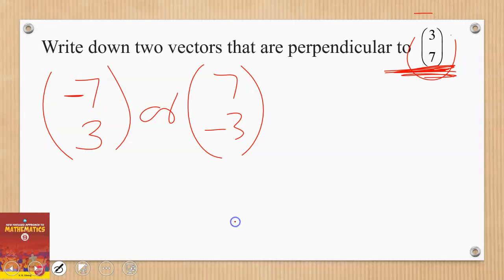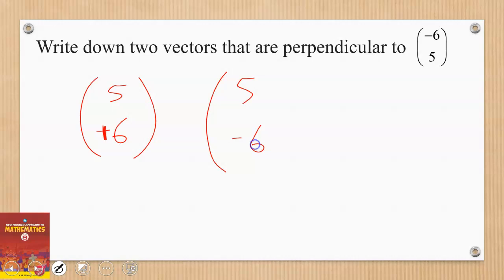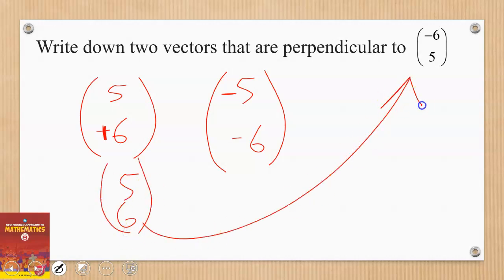depending on the direction of the rotation, whether clockwise or anti-clockwise. Okay, now look at question 2. Write down two vectors that are perpendicular to (-6, 5). Now for (-6, 5), if you rotate it, you're going to get (5, -6). Then either you negate the x to become like this, or you take (5, -6) and negate this one to become like that. And so either our vector is (5, 6) as a perpendicular vector to this one, or (-5, -6)